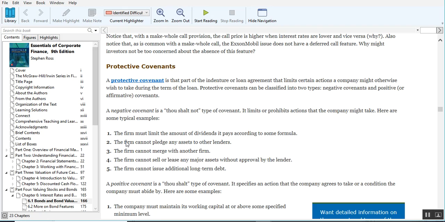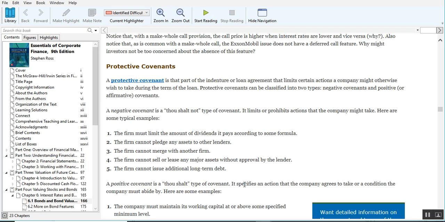There are sometimes protective covenants that limit some actions a company might take during the term of the loan. So a protective covenant can be either negative or positive. A negative covenant really is it limits or prohibits actions that the company might take, such as they must limit the amount of dividends it pays according to a formula, can't pledge any assets to other lenders, cannot merge with another firm, cannot sell or lease any major assets without approval by the lender, or it cannot issue additional long-term